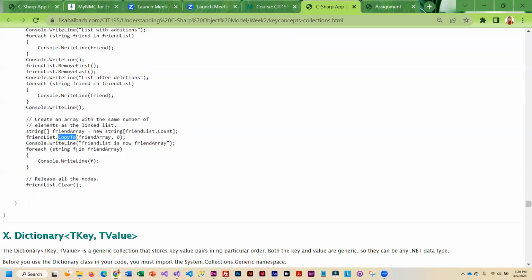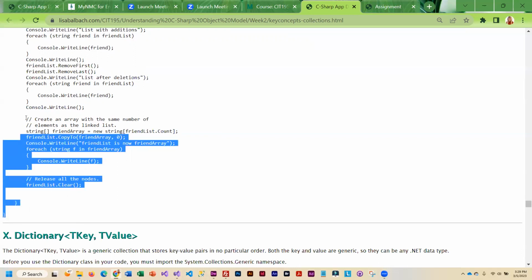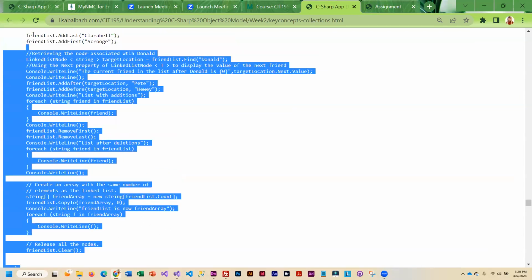And then there is a copy to method where you can copy each one in your friend list over to your friend array. And once that is done running, okay, then they are equivalent. And here I am printing out the friend array. And I'm finally using clear to get rid of my list, my friend list. So if you want to see this run,